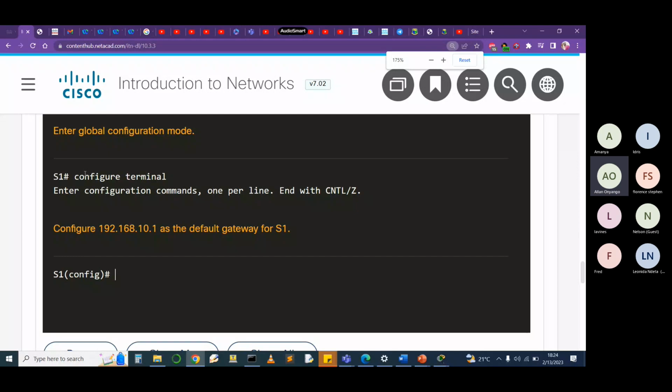Then configure the default gateway. Please note the command for configuring the default gateway is ip default-gateway